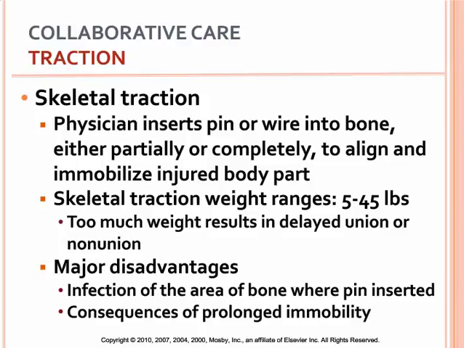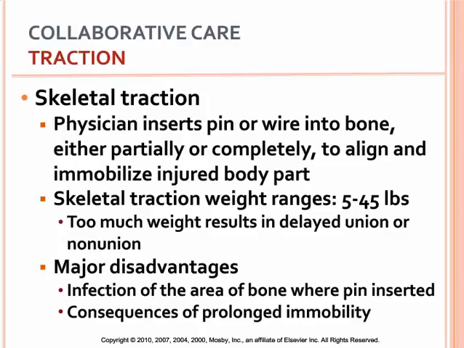The skeletal traction weight is between 5 and 45 pounds, but too much weight can result in delayed union or non-union. The major disadvantages of skeletal traction are infection in the area where the pin is inserted and the consequences of